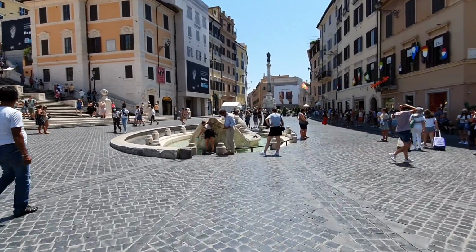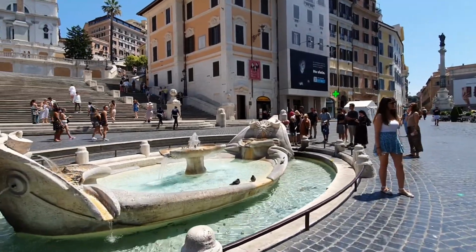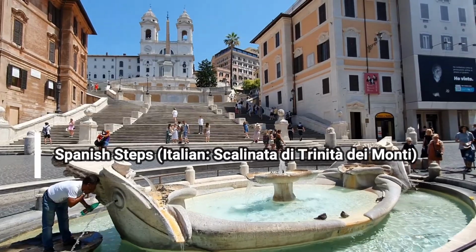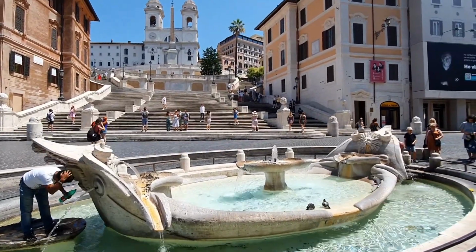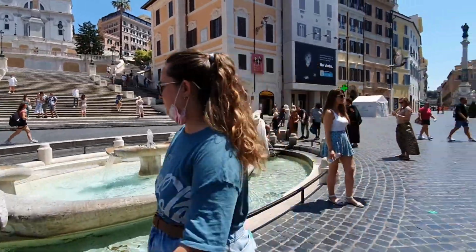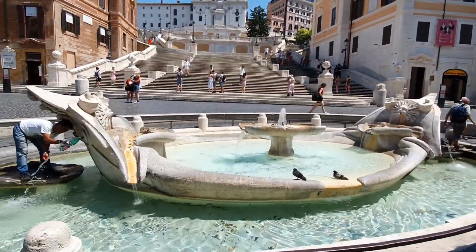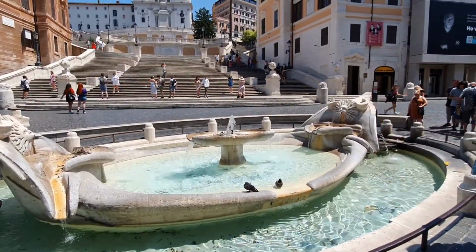Alright, in today's video, we are at the Spanish Steps in Rome, also called Scalinata di Trinità dei Monti, which means the steps of the Holy Trinity of the mountains. The Spanish Steps are a monumental staircase and the widest staircase in Europe, and we are going to talk about